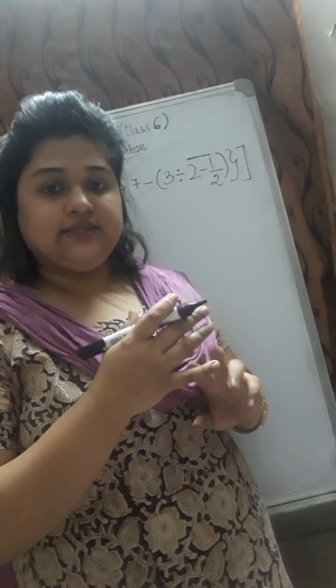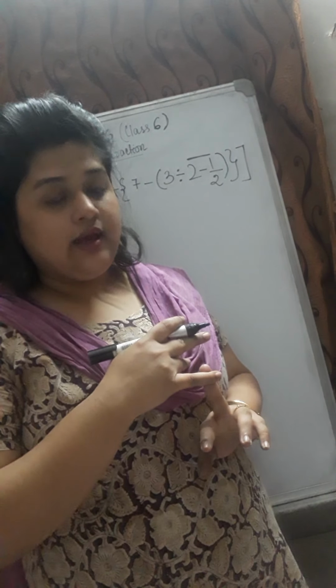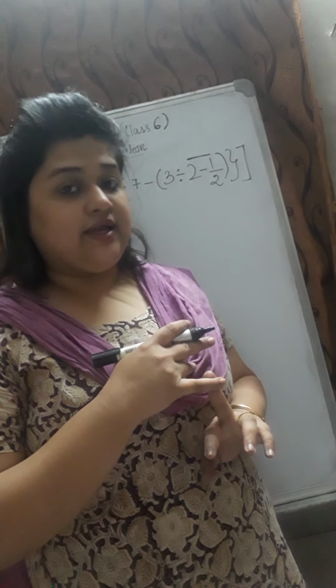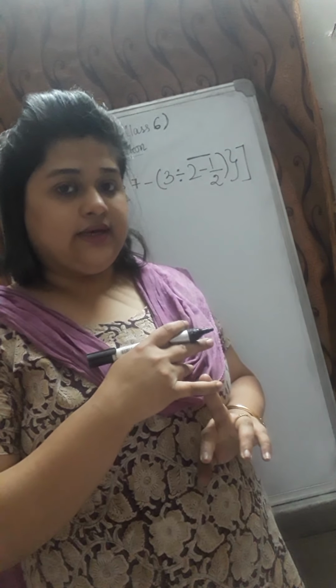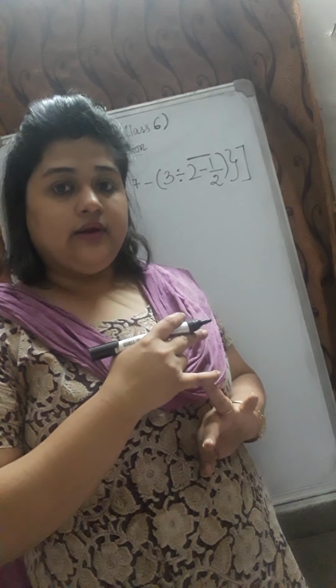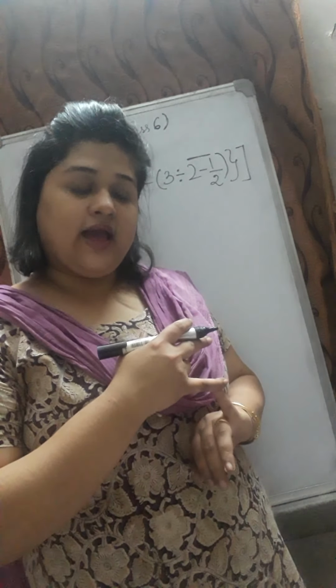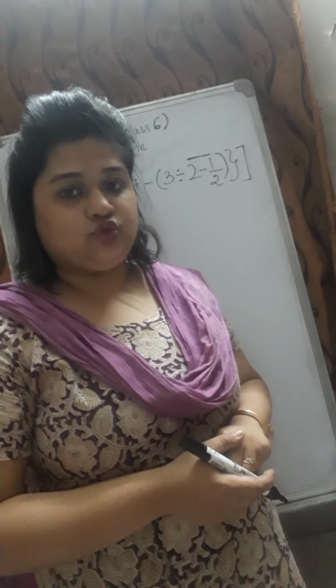First the brackets, then off part. Off is nothing but multiplication, but here the multiplication sign is not directly given, it is written as "of" in alphabetic letters. Then we solve the division operator, then multiplication, then at the end we solve addition, and last subtraction.